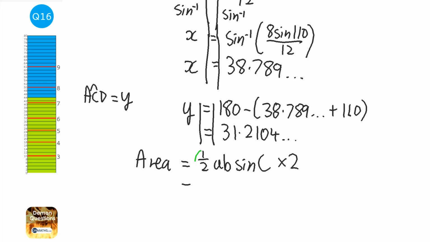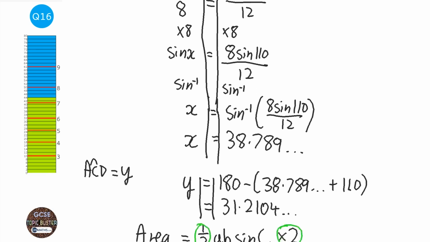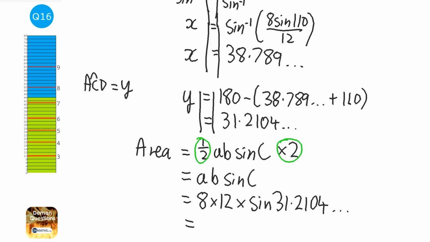Now the half and the times 2 will cancel, so it's just going to equal AB sine C. I've kept that number in my calculator, so I can use it. A and B are going to be 8 and 12. So it's 8 times 12 times sine 31.2104 and so on. Let's quickly use the calculator before it switches off. I'm going to press sine answer, close bracket, times 12 times 8. And it says the answer is